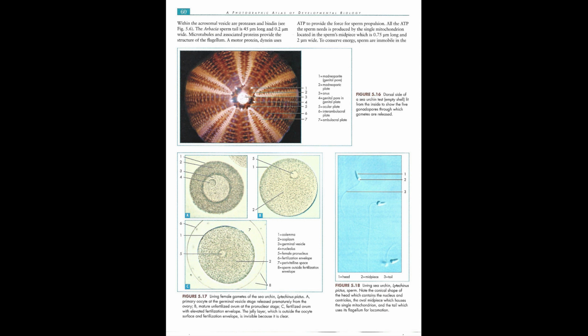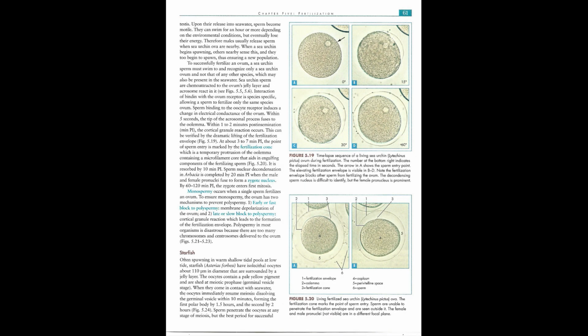To conserve energy, sperm are immobile in the testis. Upon their release into seawater, sperm become motile. They can swim for an hour or more depending on the environmental conditions, but eventually lose their energy. Therefore males usually release sperm when sea urchin ova are nearby. When a sea urchin begins spawning, others nearby sense this, and they too begin to spawn, thus ensuring a new